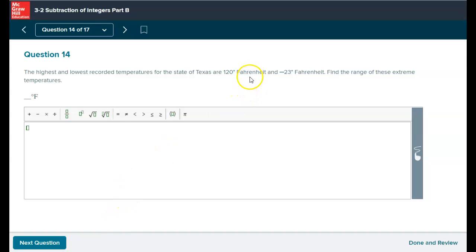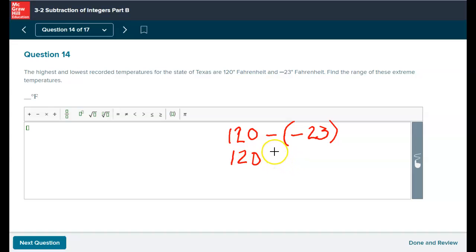All right, the highest and lowest recorded temperatures for the state of Texas are 120 and negative 23. If you were going to write an equation for this one, you would put 120 minus negative 23. I'm just going to have to write slow. And then you would keep, change, switch. Or you could just know that the difference between 120 and negative 23, think of it as like a